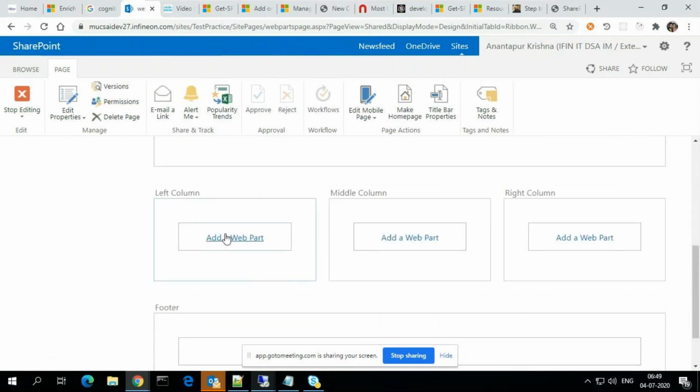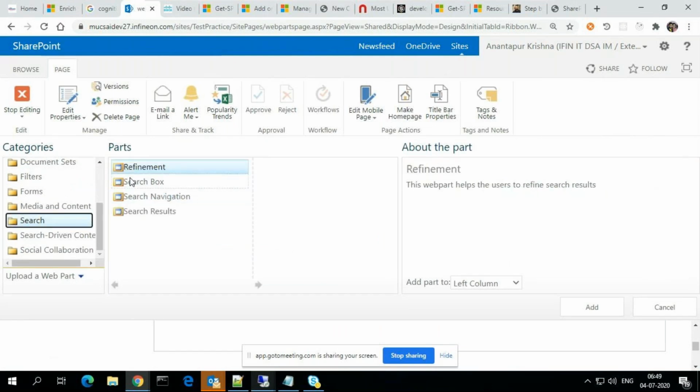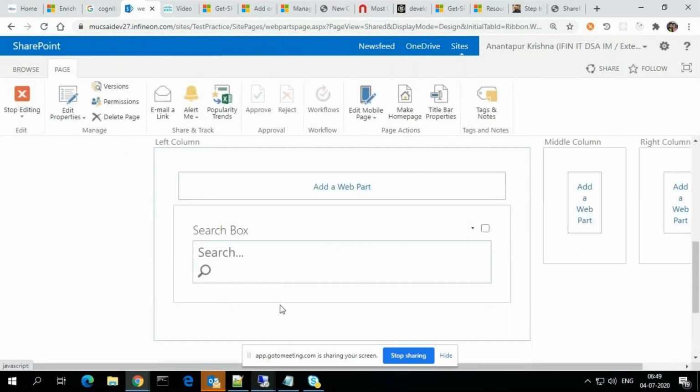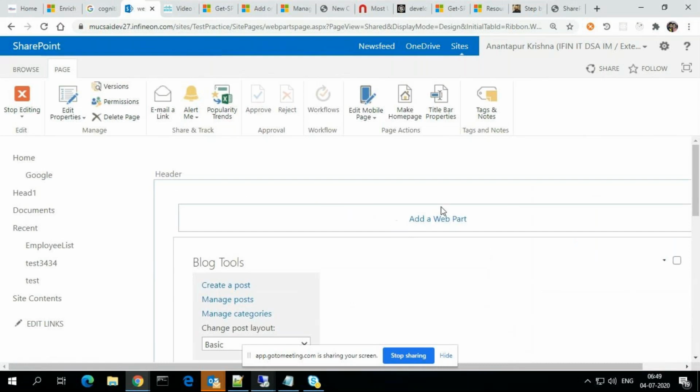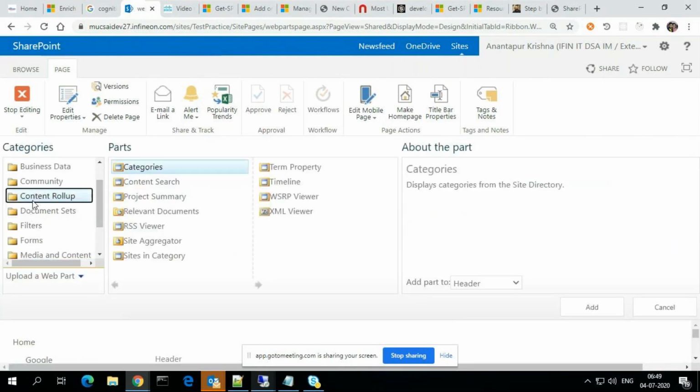Suppose in the left navigation I want to add the search box, I can add that. So it is showing the search box here. In one zone we can maintain n number of web parts.